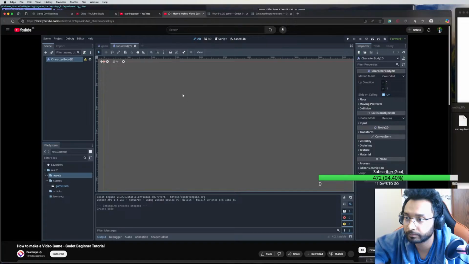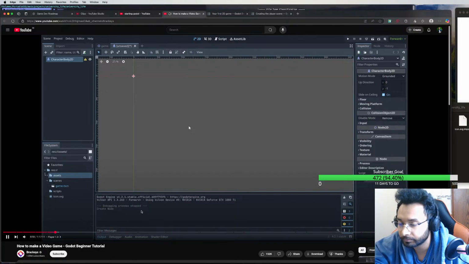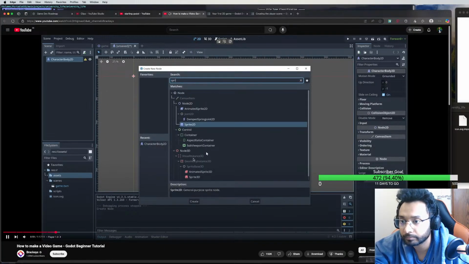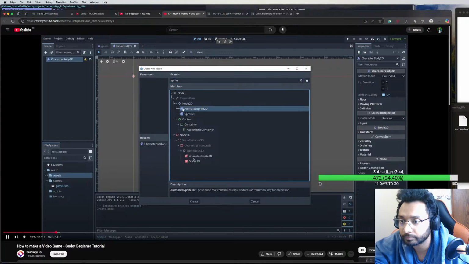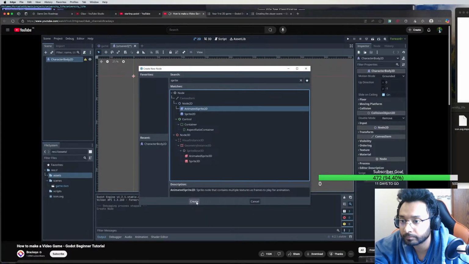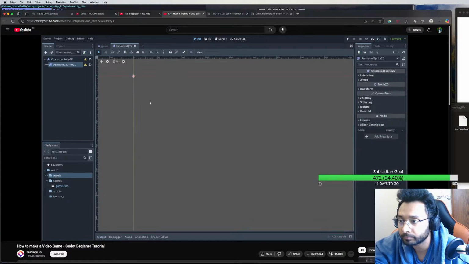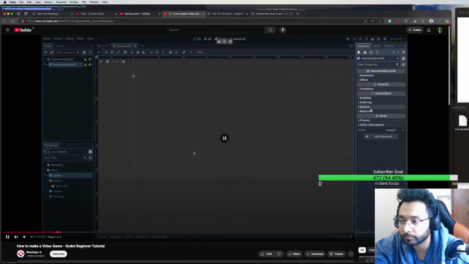Now we can see our node here, but we can't actually see our player in the scene. So let's add some graphics. Let's add another node. I'm going to hit Control A, and let's search for sprite. As you can see, we can choose a single sprite, or in our case, we want to create an animated character. So let's choose the animated sprite 2D. Sprites are just what we call images in our 2D world. Now with this node selected, we can use the inspector here on the right to change properties